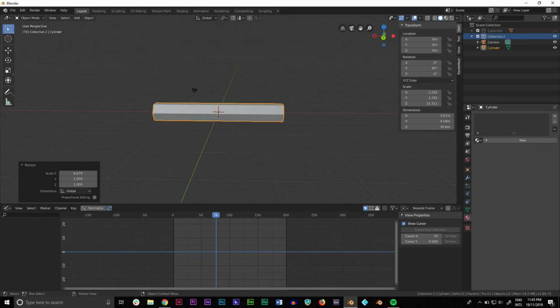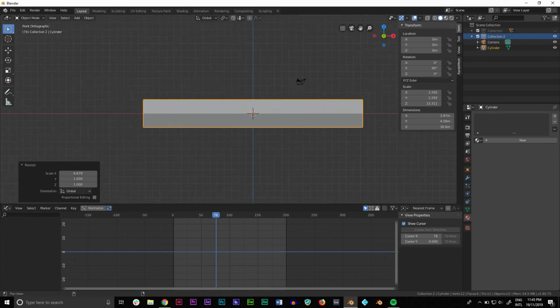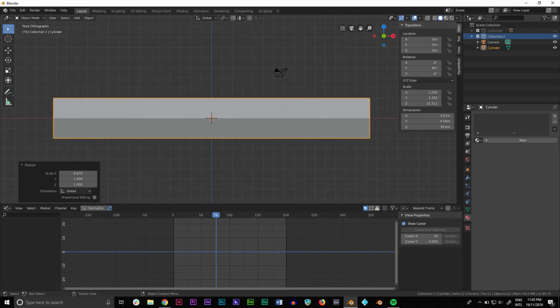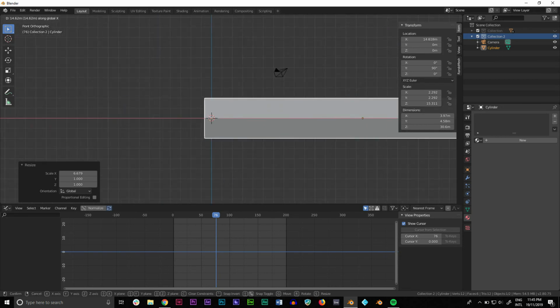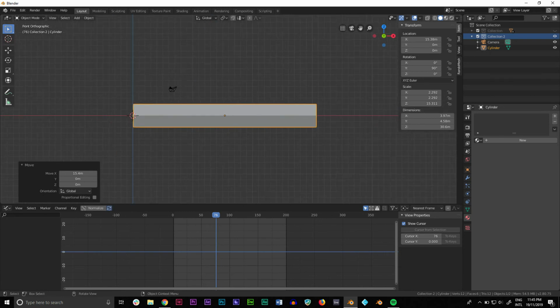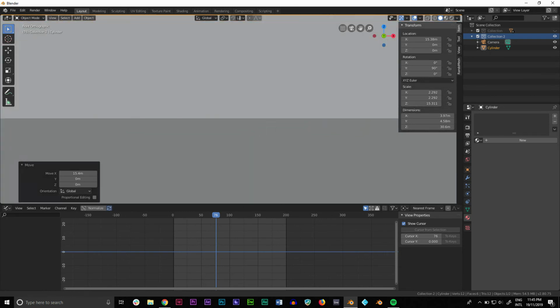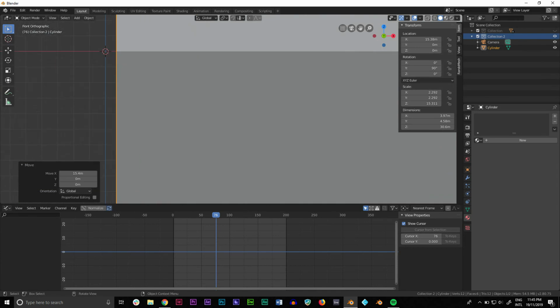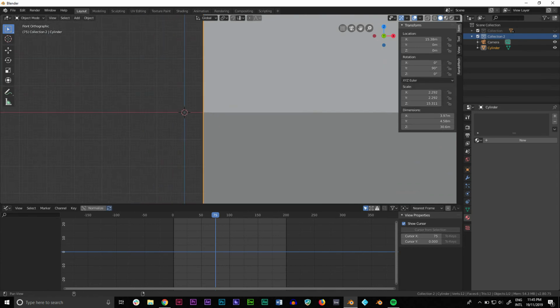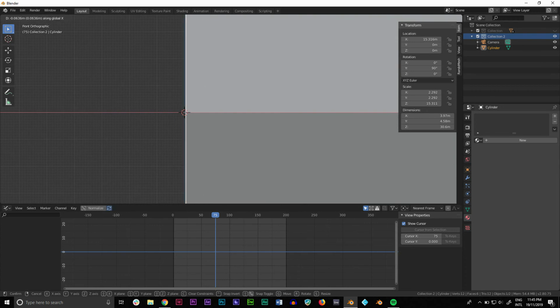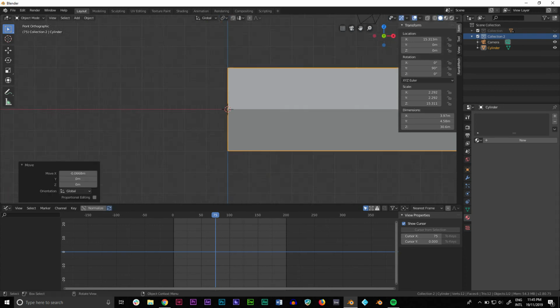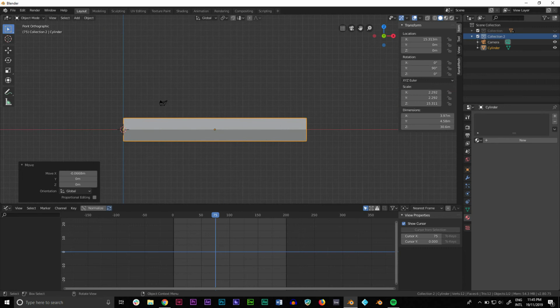And then I'm going to hit 3, 1, I'm going to hit 1, and then hit G and X, and then just bring this along until the edge of that is matched up. There we are,